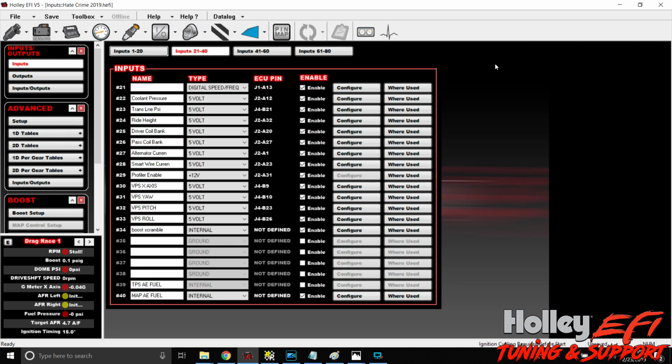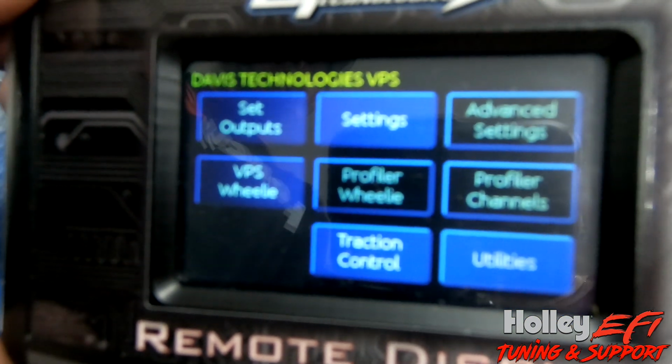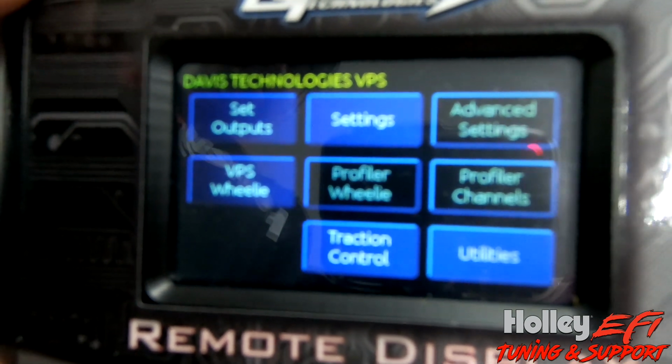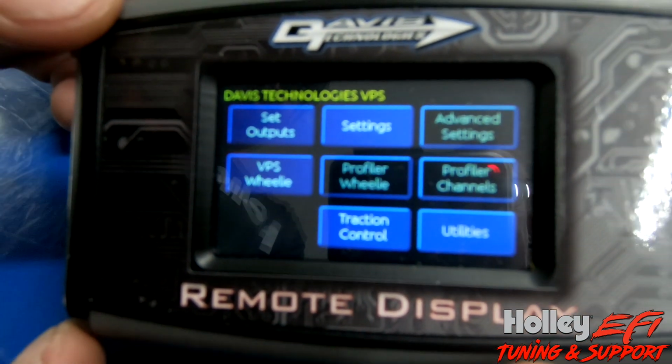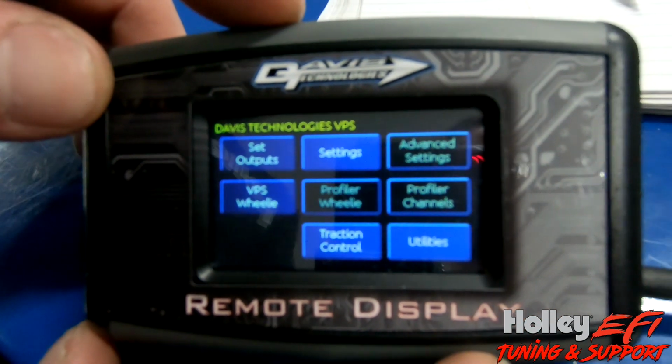The utilization of this can get very complex, and it also can be very simple. So we're about to go over some of that stuff, so hang tight. And I'm going to show y'all how to use this for a wheelie control with Holley EFI. I'm also going to show y'all how to set up all of the outputs from the VPS that become an